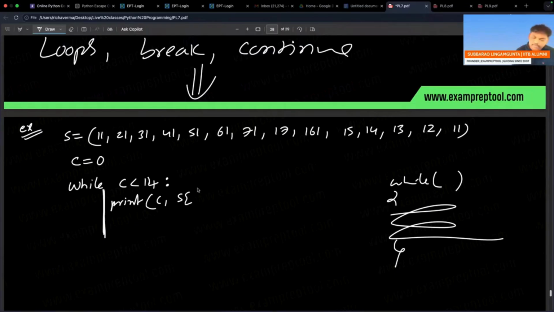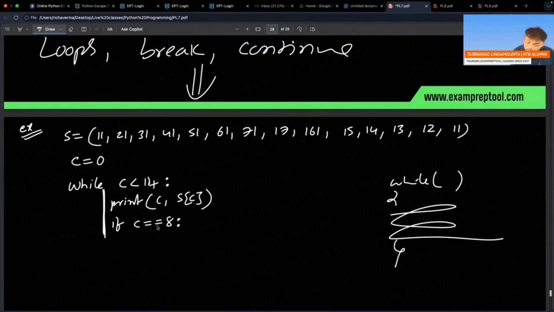Please be careful: print S of C. That's okay. Next one, if condition. Until now I haven't covered conditions, so I'm explaining that also. If C is equal to 8, remember, for a condition also a colon is required. If this condition is true,